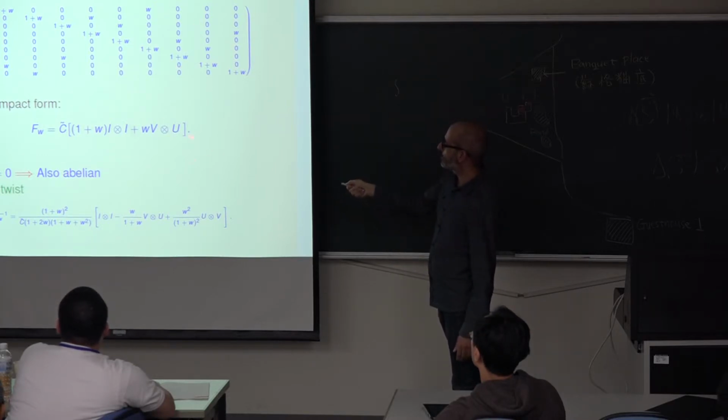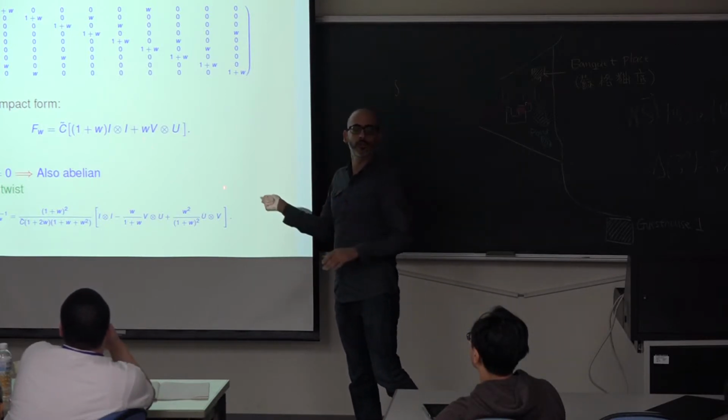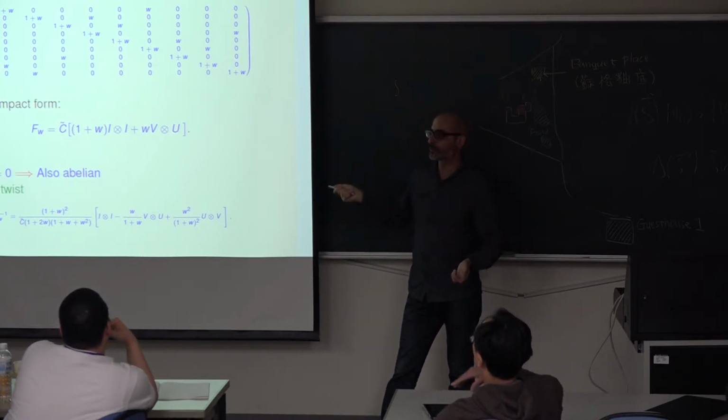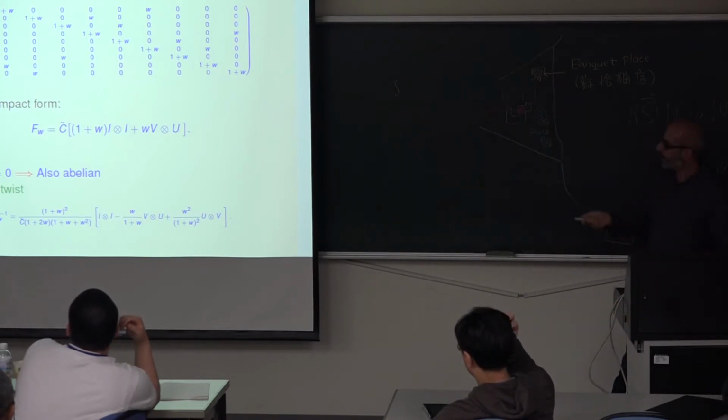And you can write it a bit more compactly like this. But because these matrices V and U commute, this is also abelian. So again, we're trying to fake a more difficult theory so that we can get some experience in applying this. And so let's